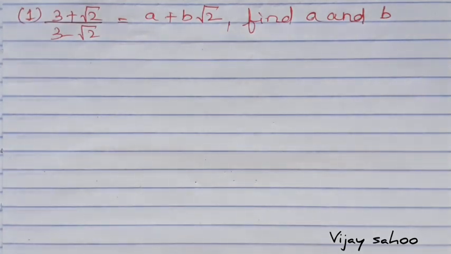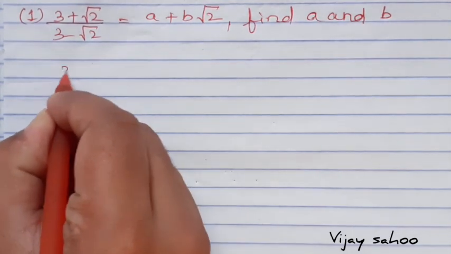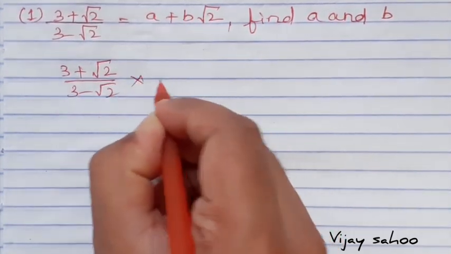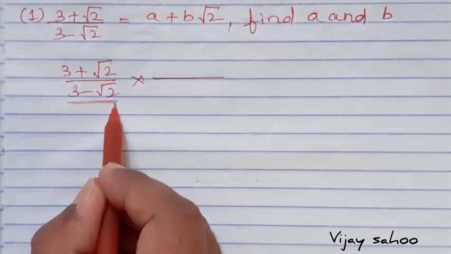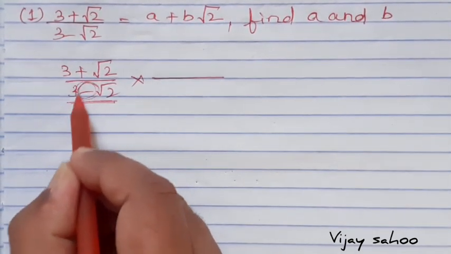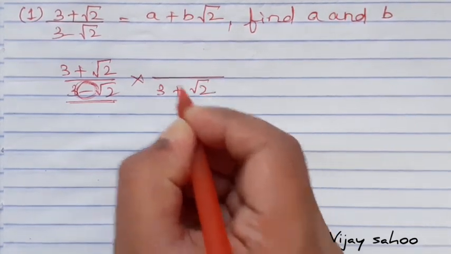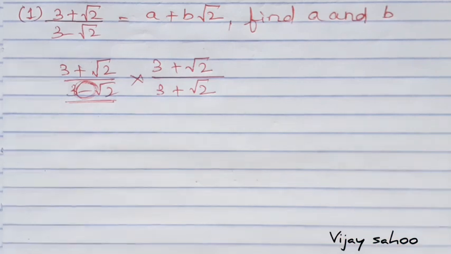So what will we do? We know that whenever the denominator value is irrational, then we have to do rationalization of the denominator. As we have already seen in the previous video how to do the rationalization, we are going to follow that. So first step, we'll try to do rationalization. How are we going to do it? Whatever the denominator value, the center sign, we are going to replace it by the opposite sign. So what will be the opposite sign? 3 plus root 2, 3 plus root 2.